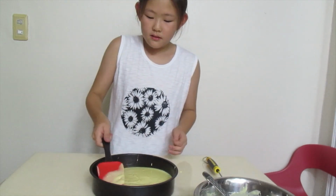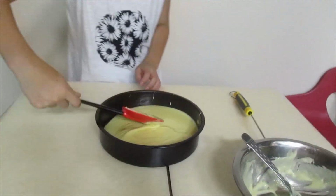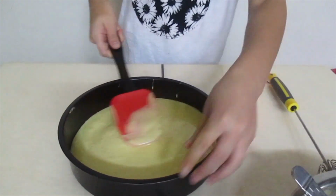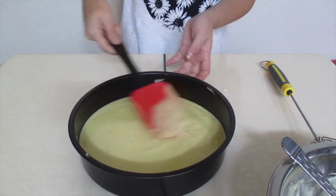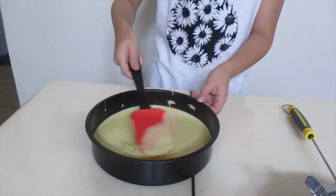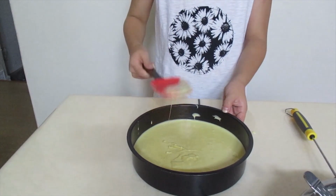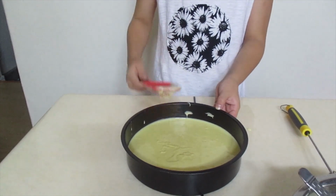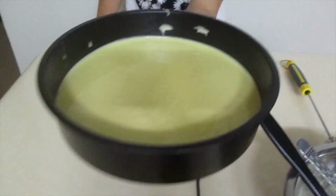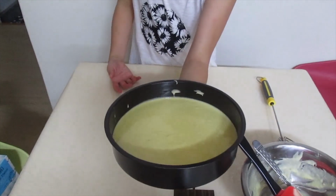Then we're just gonna level it down, make it even on both sides so it cooks properly. And you can spin it while you're making it even. Once you are done and your cake pan looks like this, or your batter, and it is very even, we're